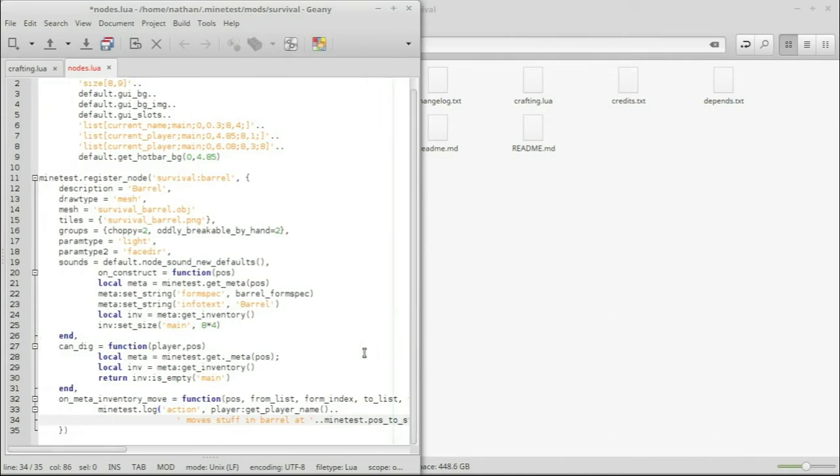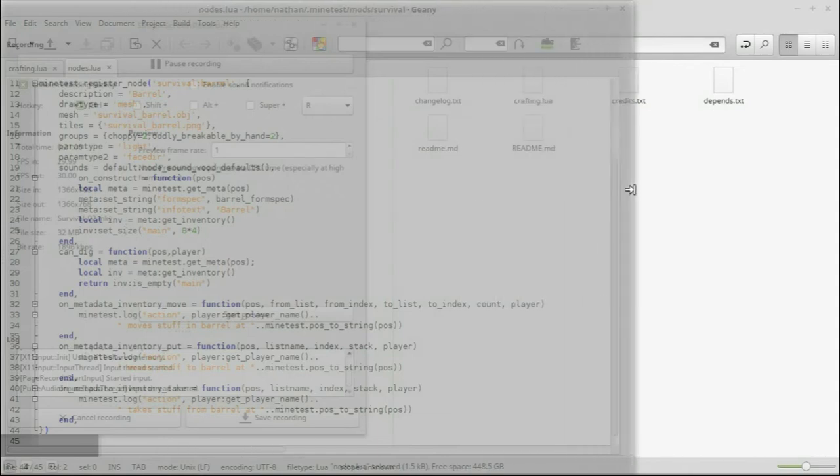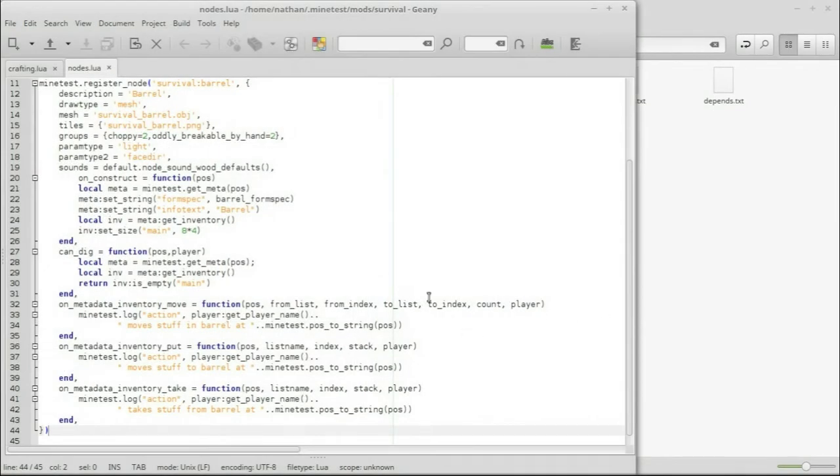Alright, and then, because this is going to be boring, I will just pause it, and I'll be right back as soon as it's typed out. Alright, so, got that typed out, I'll just resize under here a little bit. And we're pretty much just doing two of the same things. On inventory put,